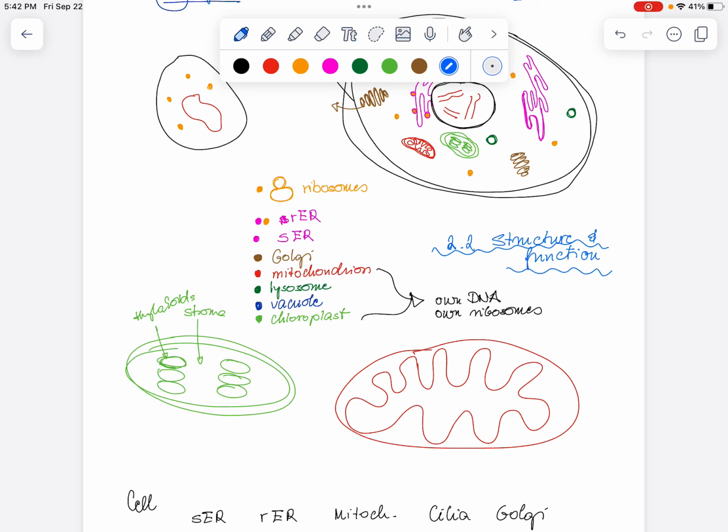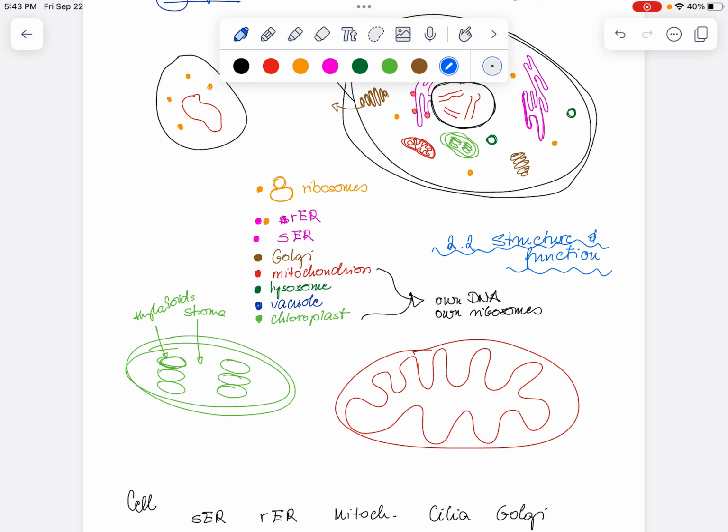We are going to focus now on how structure relates or leads to function in the case of the organelles. This is a common theme in biology, like how the structure supports the function. So this is one example for that. Now, we talked about the different organelles briefly in the previous video, and let's focus on the endoplasmic reticulum that